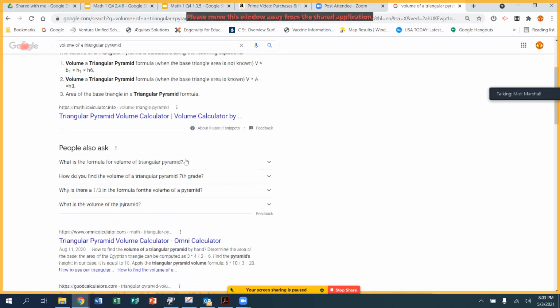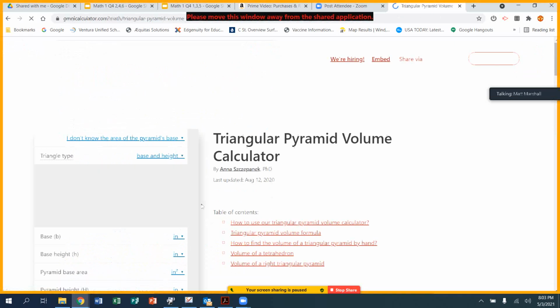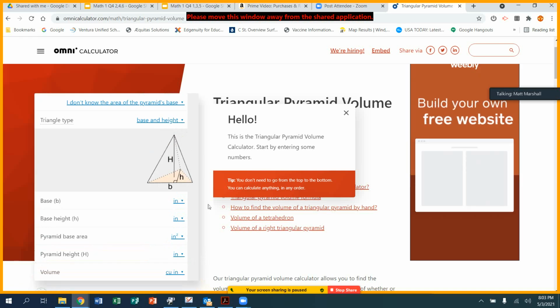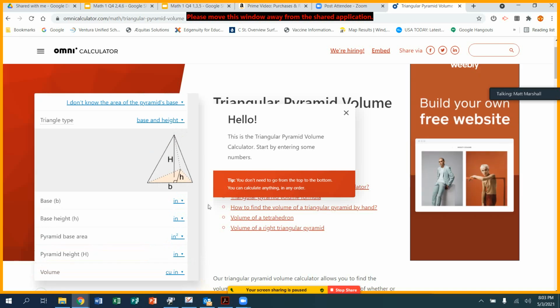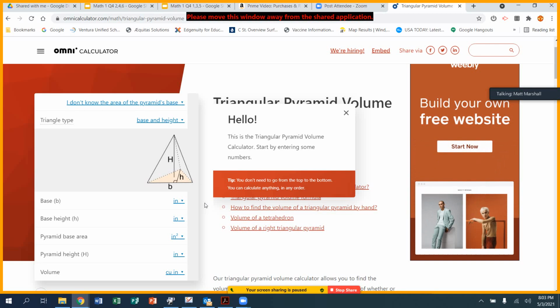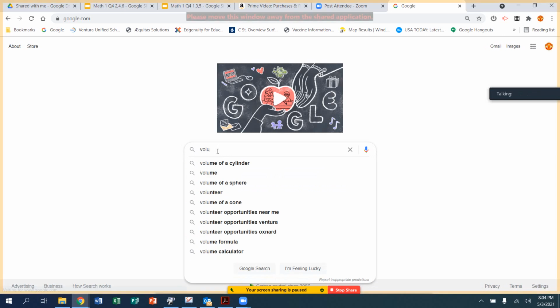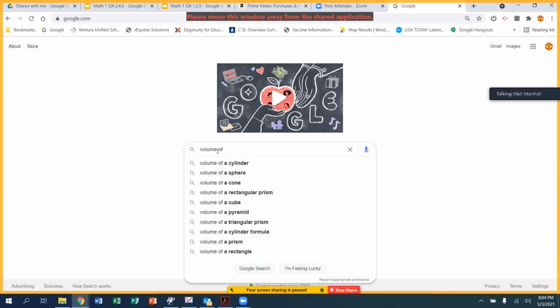When I was doing this problem today, I thought it was a square one, but now I'm seeing it's not. It's a triangular one, which makes it a little bit harder because you got to find the area of the base, which is a triangle, and then you got to find the height times it. So hold on a second here. Volume of